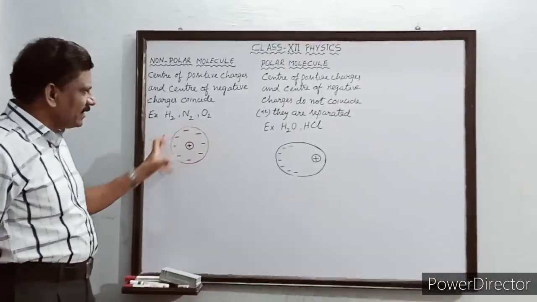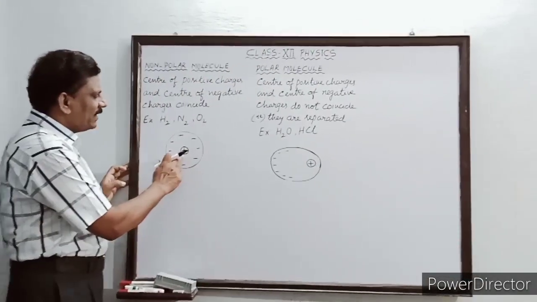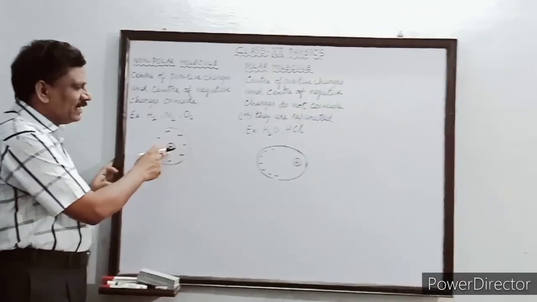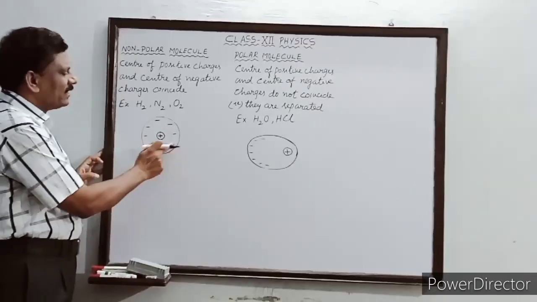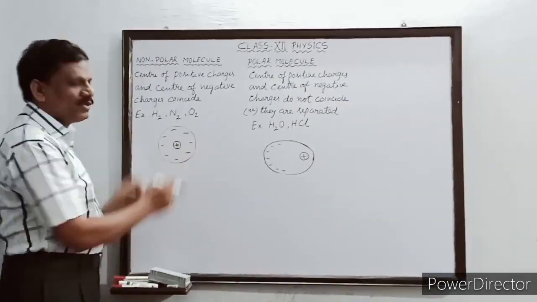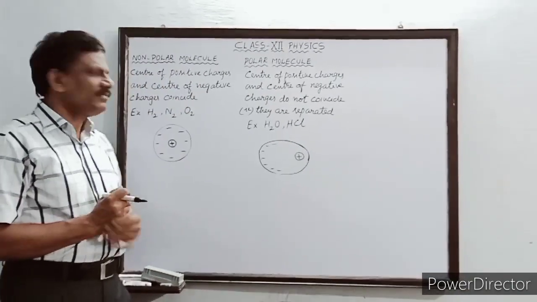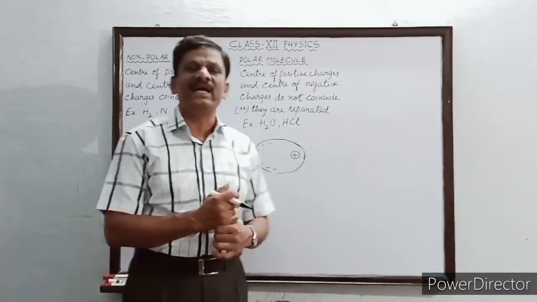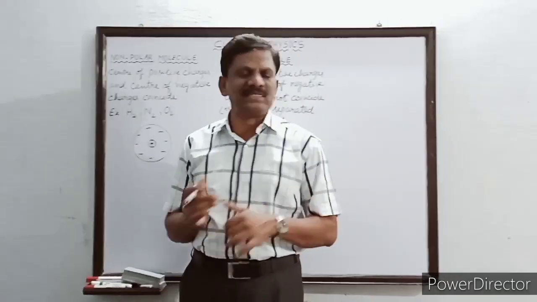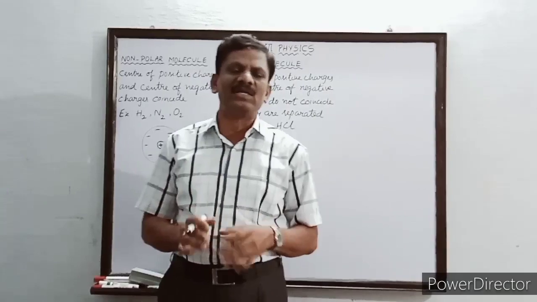Inside such molecules, namely the non-polar molecules, the center of the positive charges will be at the geometric center, and all these electrons are also concentrated at the same point, so that there is no distance of separation between the positive and the negative charges. So such molecules have an equal number of charges, plus q and minus q, but the separation distance between the two charges, 2a, will be equal to 0.